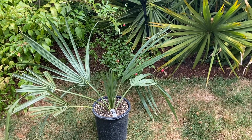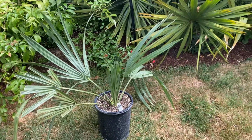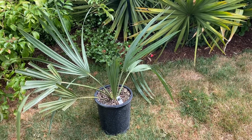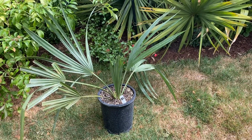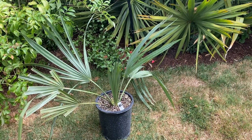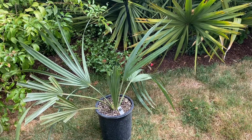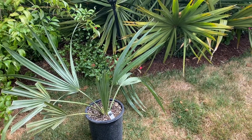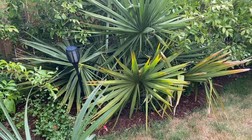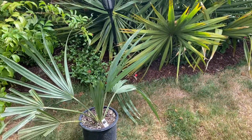It's been pushing that spear, and they all have a bit of a bluish color. Some of the defining characteristics of these palms: aside from not being the fastest growing, they do have very good cold tolerance, and they will slowly over many years form a trunk. When they flower, my Brazoria is flowering this year, but it's an unusual flower stalk. Generally speaking, with Sabal minor, when they flower,